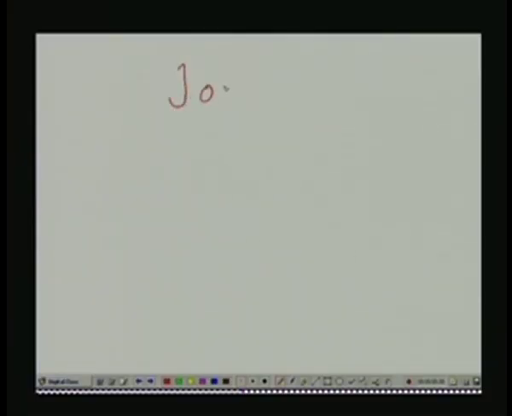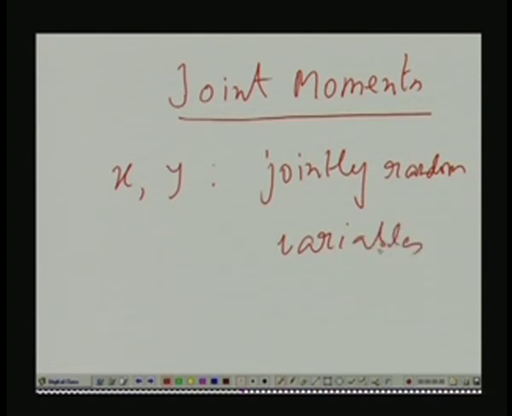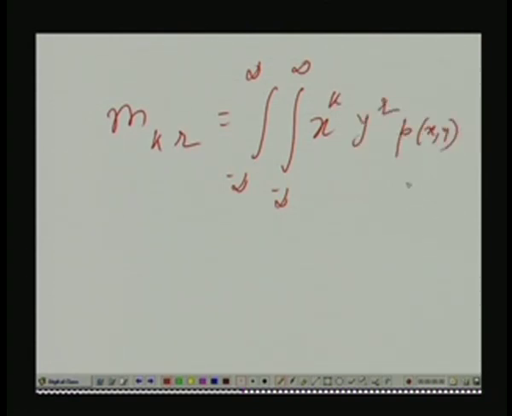Okay, so today we discuss this first and then we'll go up to joint characteristic functions. We are given jointly random variables. Then we define the moment M k r as, where P x y is the joint probability density of x y, x to the power k, y to the power r, and this will be called